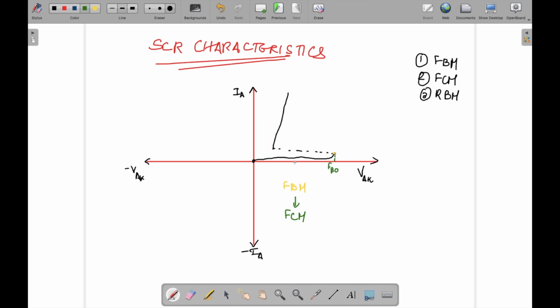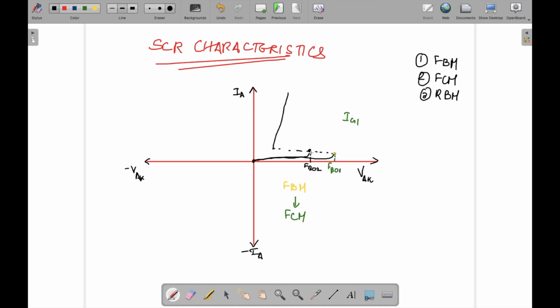Okay, so assume I have applied a gate current called as Ig1. Okay, so I have applied a gate current Ig1 here, which will give me this characteristic. Okay, now what I do is, I want to try another gate current. I slowly increase the gate current. Okay, so when I increase the gate current, we can see that the curve will be something like this. That is, my breakover voltage comes a bit faster. Okay, so this will be VBO1. This will be my new breakover voltage, VBO2.